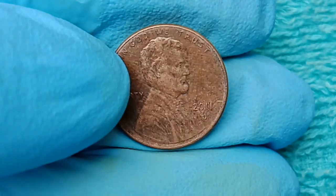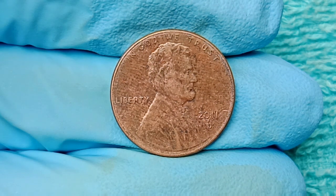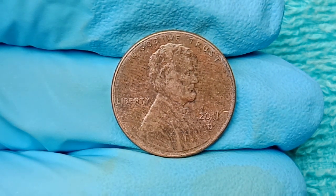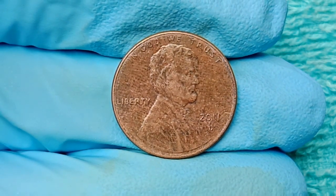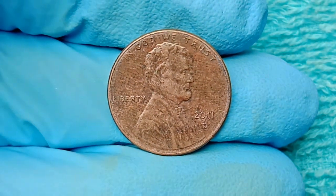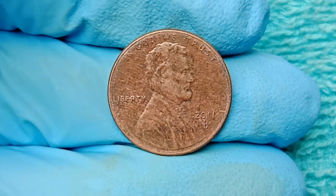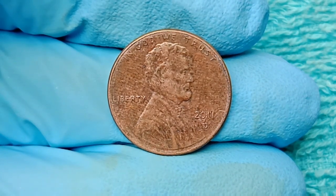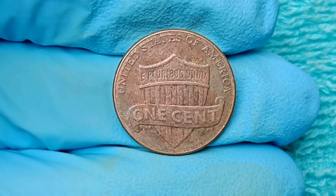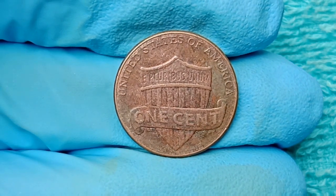And these planchet anomalies are confirmed by independent laboratories using X-ray fluorescence and spectrometry, which have proven that at least 5 verified specimens are unlike anything typically released for circulation in that year, making them chemically and visually unique. And further boosting their appeal is the presence of off-center strikes, broad strikes, and missing or filled mint marks, especially those where the D is barely visible or appears to be doubled, indicating die fatigue or foreign debris during